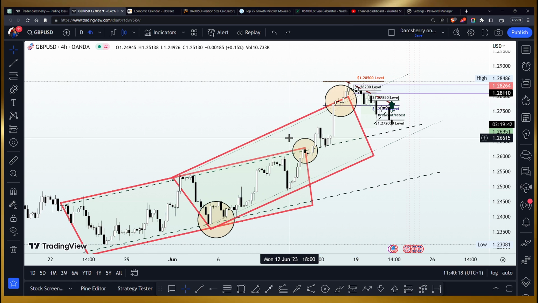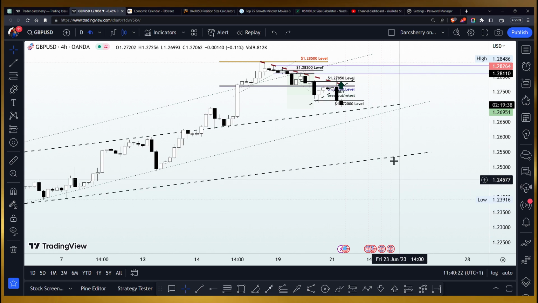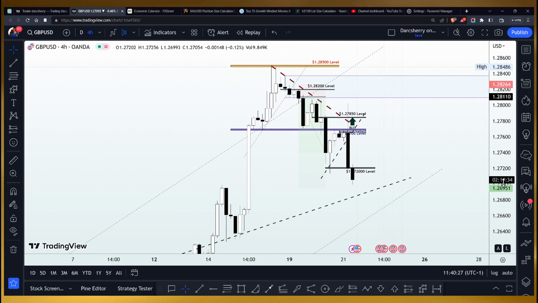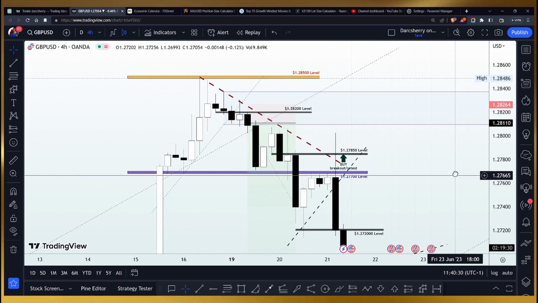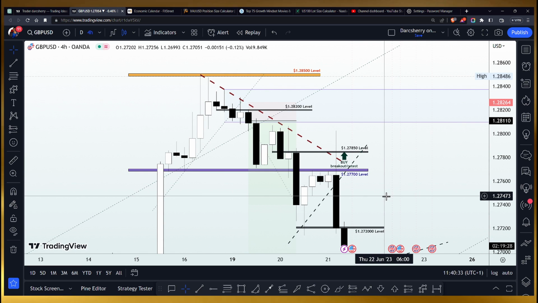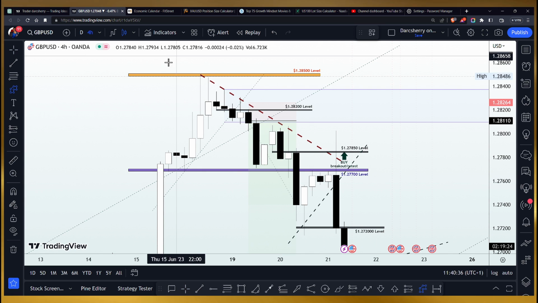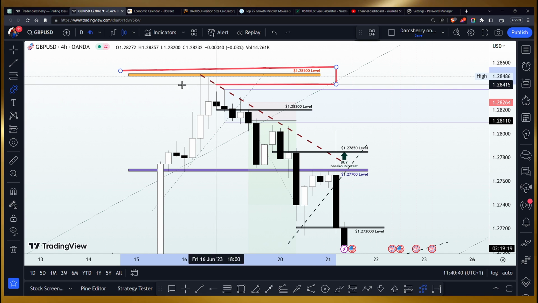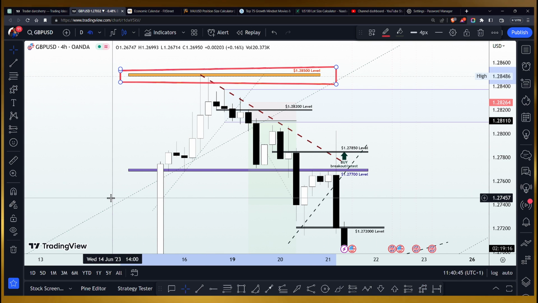So let's zoom right in to see what has really been going on in the last couple of weeks, which led into us making the decision we are making so far this week. So now, if you look at the structure here closely, this is what we saw at the beginning of the week. We had our key level situated at the 1.28500 area, and you know how we use our key level in this community. So as long as price remains below the key level, we have no other choice than to look out for